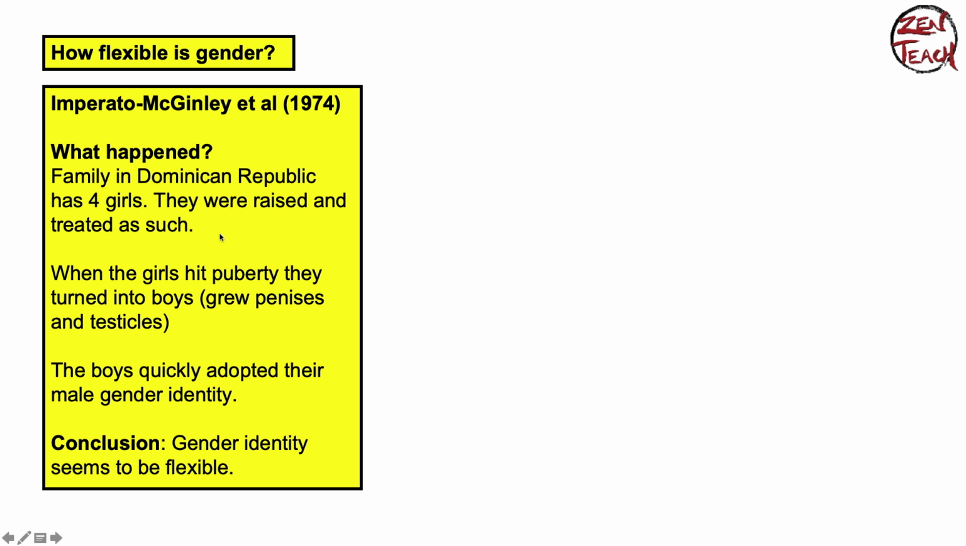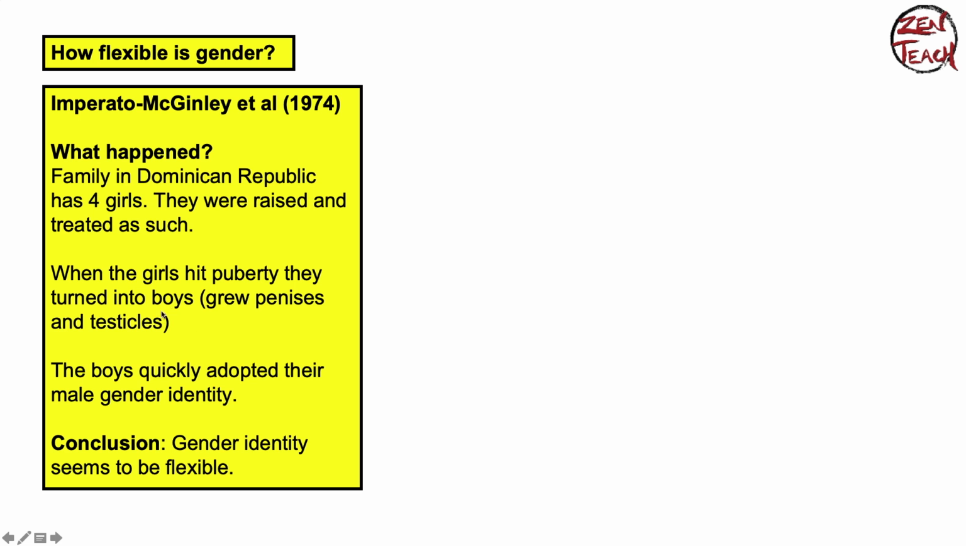Let me tell you a little story of a family from the Dominican Republic that had 4 girls, and they were raised and treated as such. When the girls hit puberty, they turned into boys, so they actually grew penises and testicles. The boys quickly adopted their male gender identity and continued living as males. And so the conclusion from this is that gender identity seems to be flexible, because they were first born and treated as girls, but as soon as they turned into boys, they were able to adopt their new gender identity,